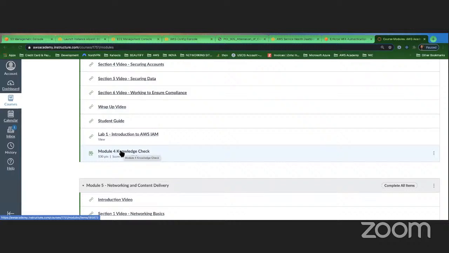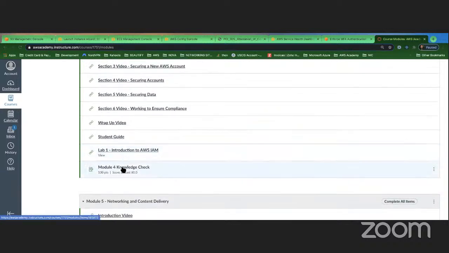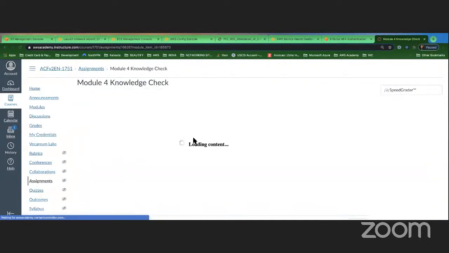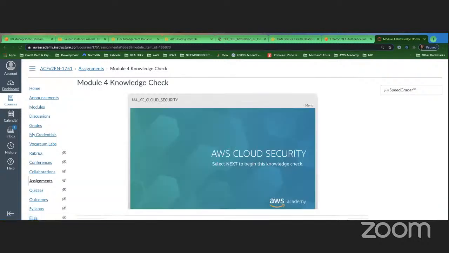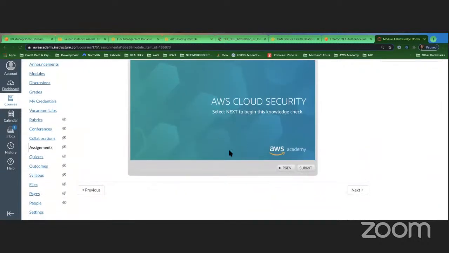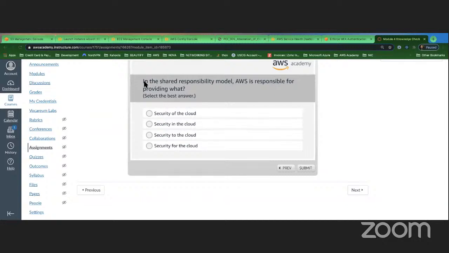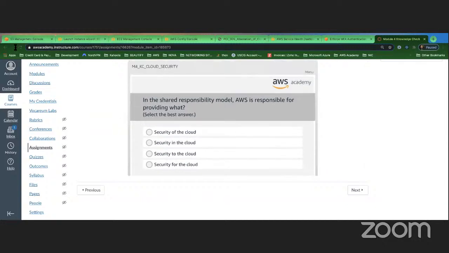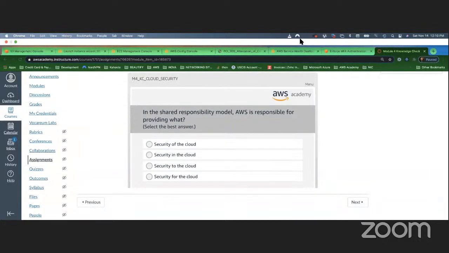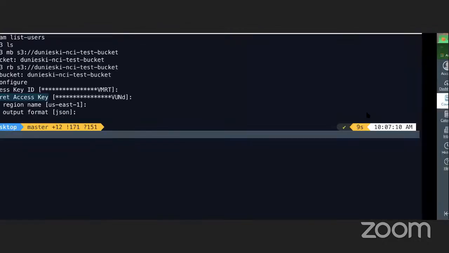So I'm going to separate the class into teams, and then we're going to work on that for 10 minutes. This is not something long or anything. It's just a few questions that you guys are going to do. So that's going to help you a lot. So I'm going to separate the class into teams, so that we can